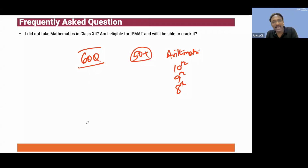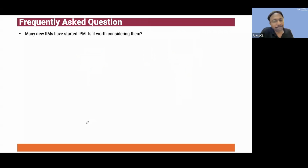And that's the reason why I'm saying this is probably the best course available for a student after 12th. Now, next question. Many new IIMs have started IPM. Is it worth considering? Frankly, when you look at, as I said again, IIMs Indore,